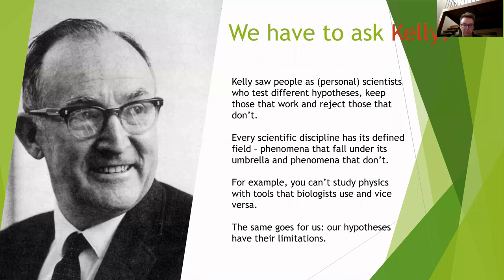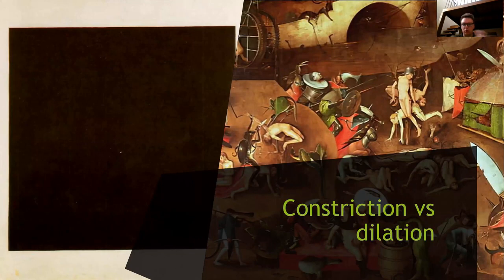What we will usually do is we will try to change the field that we're studying, so to speak. So we will either make our field of awareness bigger and introduce new elements, or we'll make it smaller by taking some elements out. But either way, what we will achieve in this way is to either validate our theory again, just on a more comprehensive level, or we will remove all those elements that don't fit with our theory and just leave those that do, by narrowing our field of awareness. So Kelly called these two processes dilation and constriction.